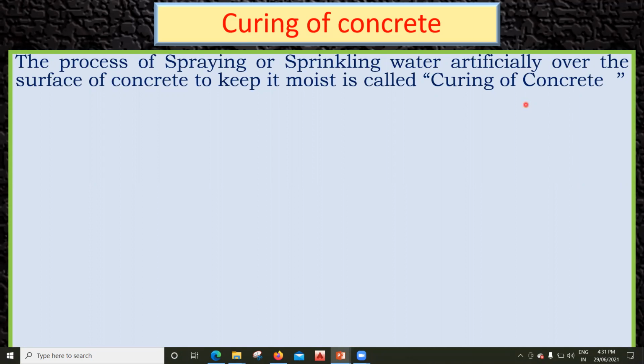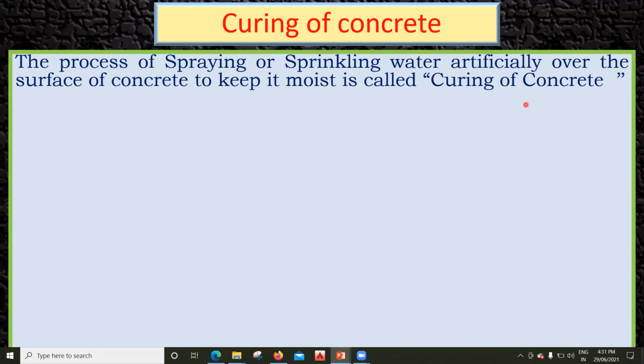There is already water in the concrete, because with the help of the water cement ratio we know that for this particular mix this much amount has to be added, and we add that water while producing the concrete. But once you put that concrete, and once the concrete sets to hard, it is exposed to the sunlight, isn't it? And due to the sunlight, what will happen? The water which is already there inside the concrete will try to evaporate. And if that water tries to evaporate, then what will happen? My cement will not have enough water to get hydration. That means the hydration process will stop. And if the hydration process stops, then the strength gain will not happen, right?